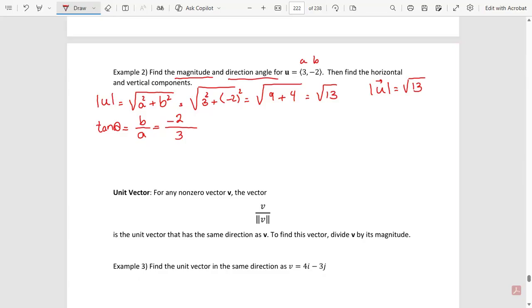So the tangent of that angle is -2/3. But we want to find the angle. What is the angle? What's the angle that this vector is making with the x-axis? So we have to use the tangent inverse key and see what angle we get. And if we type this in the calculator,